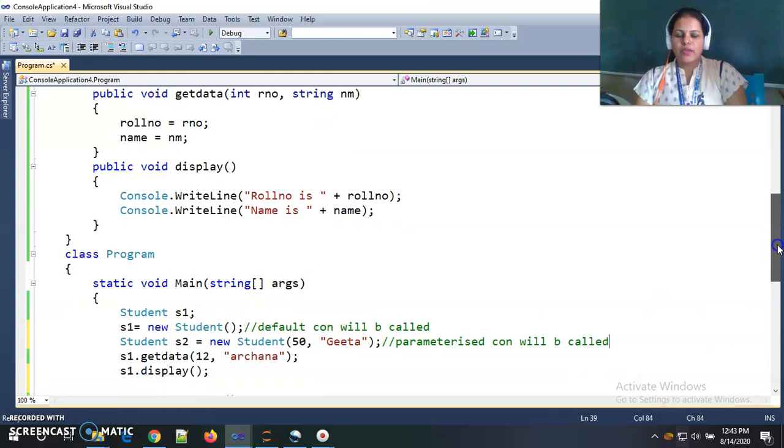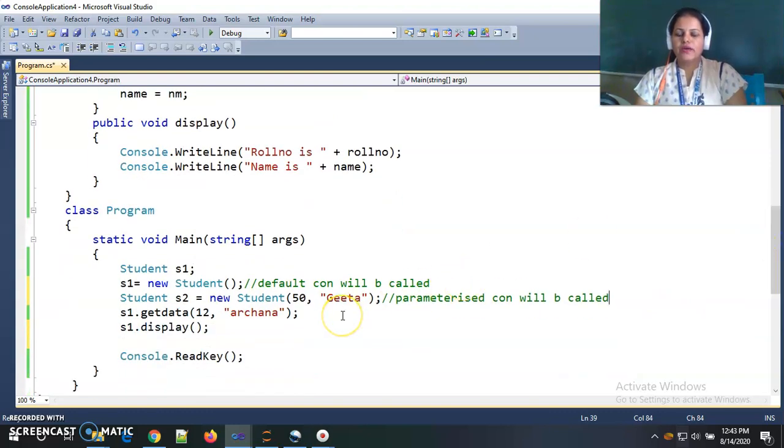Constructors are implicitly called by the compiler while creating an object. Constructor automatically called means there is an implicit call of the constructor. There is no need for the user to call the constructor function forcefully. Like this, we are calling the getData function forcefully. There is no implicit call for the getData function. Whenever we want to execute the getData function, we need to call it. So this is the difference between a regular function and a constructor function. Constructor functions are automatically called by the compiler at the time of declaring or instantiating our object.